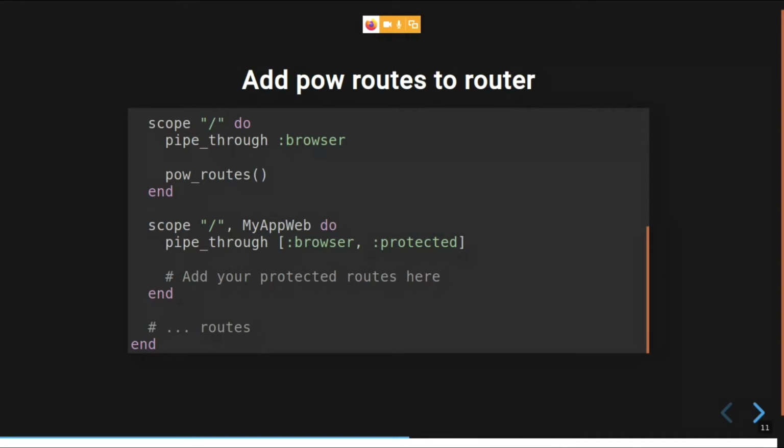I'm not quite sure. You can customize that route, so therefore it won't be compulsory. I think it won't be compulsory because you can customize that route. By default it gets a page as /new, but if you want to change that to /sign up, you can do that. So POW routes is not necessary. You can replace that with your own routes also.